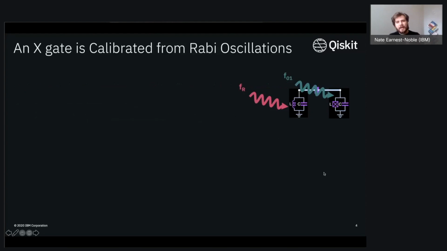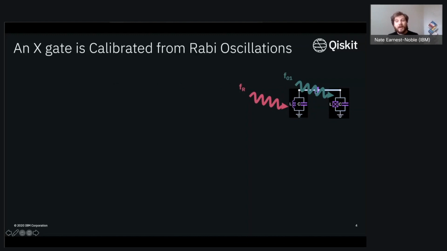The basics behind calibration of a single or two-qubit gate, we can start off with this picture on the right, in which we're going to have two tones. One tone is going to be probing at the frequency of our qubit, and the other is probing at the frequency of our resonator. The very initial calibration that you have to do is actually to find what the frequencies are here. So in that sense, you'll end up doing two-tone spectroscopy, where you'll sweep this F01 and then afterwards measure the state of the resonator.